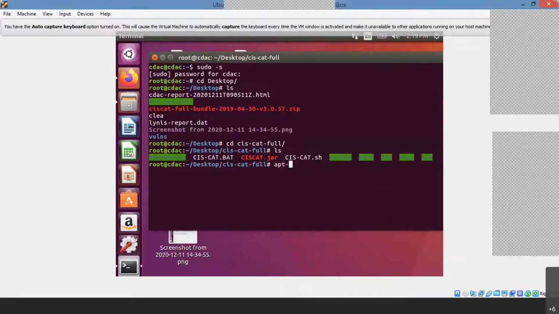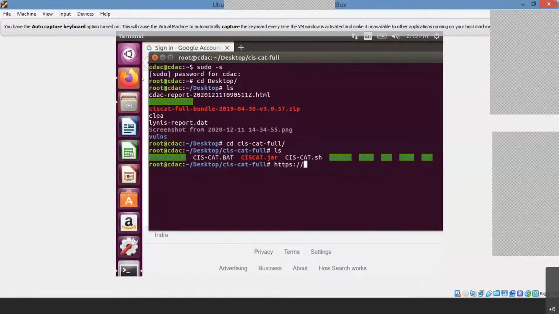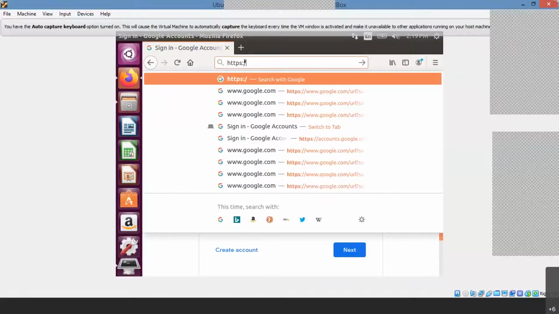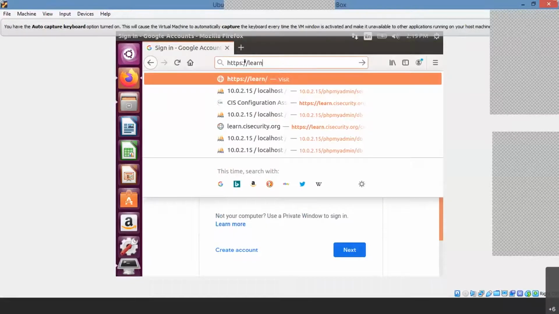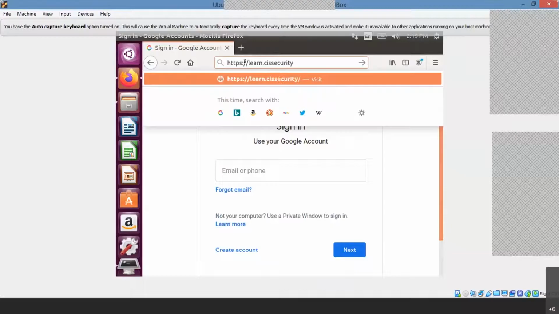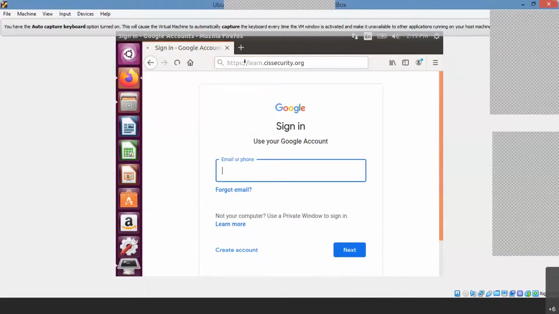After you're done with this part, there is a website from where you can download this CIS-CAT tool. I'm just showing it on the screen. Let me take the browser. The address is learn.cisecurity.org.